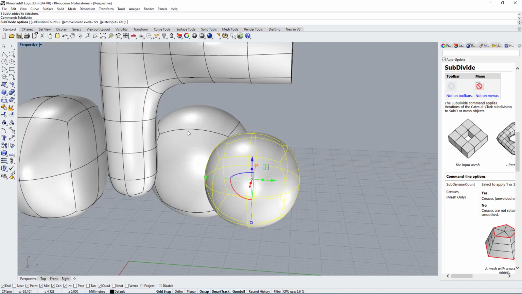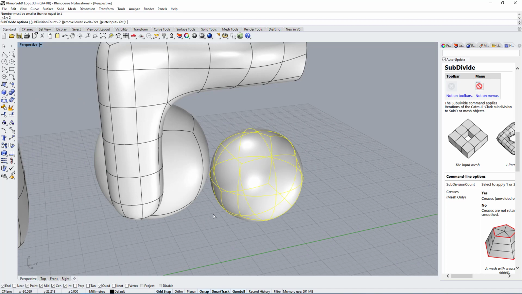And you don't have to subdivide once, you can subdivide twice, 3 times, as many times as you want. It's infinite. So I can say 3, oh, it seems like it doesn't work. Let's see, 2, yeah, it doesn't seem to work. So I guess you can only subdivide with 2, and if you wanted more, you would have to subdivide again and again.